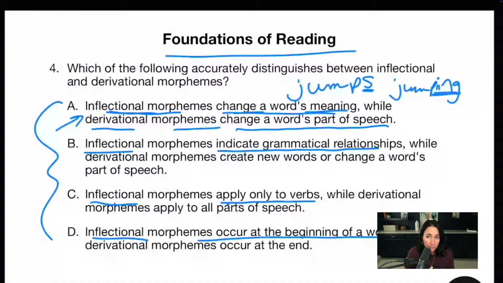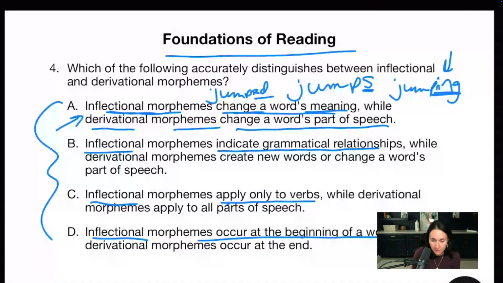It's still a verb, right? It changes the tense. Jumped, ed, is a morpheme that changes the tense, but doesn't change the fact that it's a verb. It's a past tense verb here, but it's still a verb. And jump is like to jump up in the air. I don't know what the exact definition of jump is, but to rise in the air, I guess. All right. So that's an inflectional morpheme.